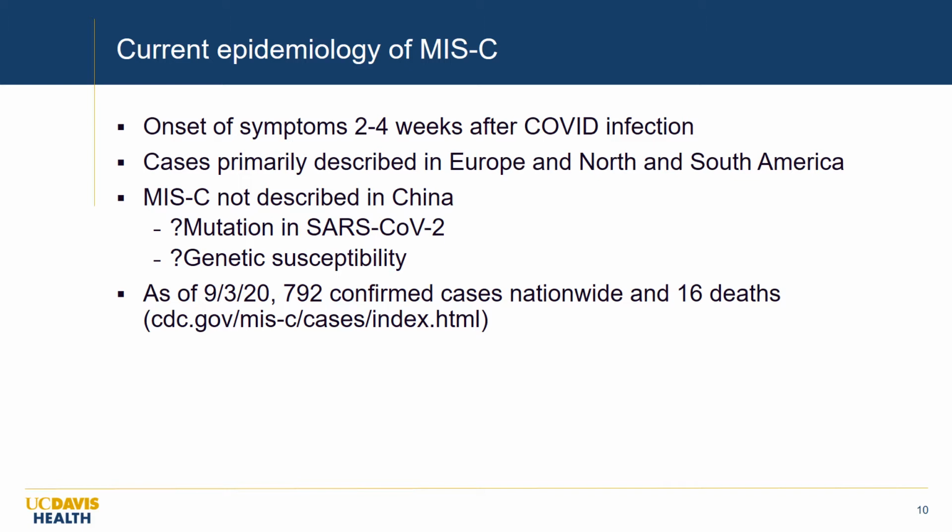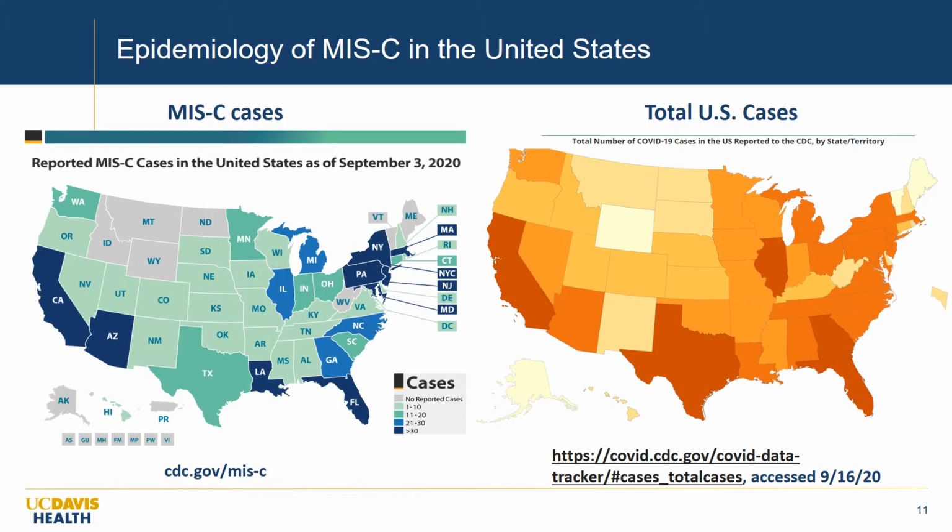And as of September 3rd, when I had last checked the CDC website, there have now been 792 cases confirmed nationwide and 16 deaths that have specifically been attributed to MIS-C. When we look at where these cases have come out of, so this again is a map from the CDC on the left, showing where the reported MIS-C cases are from. You can see that California, where we live, has been